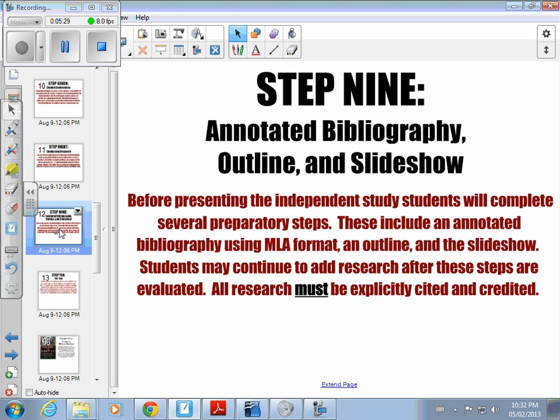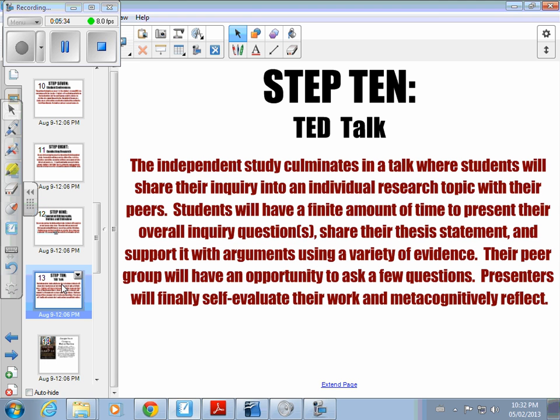Step 9 will include an annotated bibliography, an outline, and a slideshow. And then step 10 will be, this will be at the very end of the semester, a 15-minute TED Talk, which is a live speech that has been planned and delivered in front of your colleagues or videotaped.